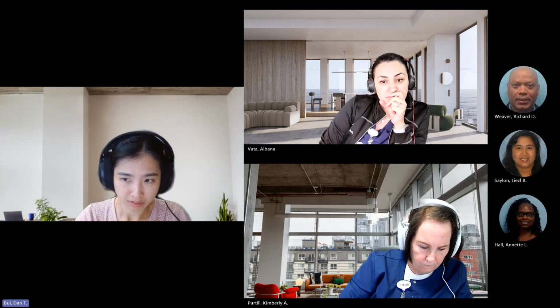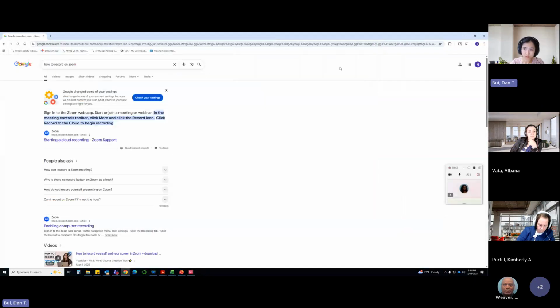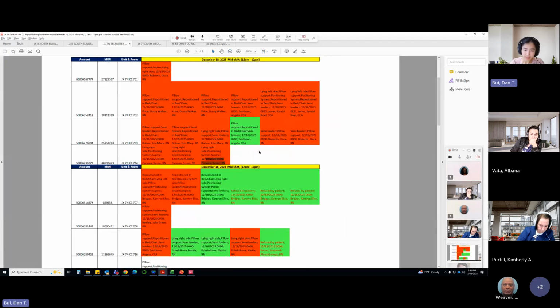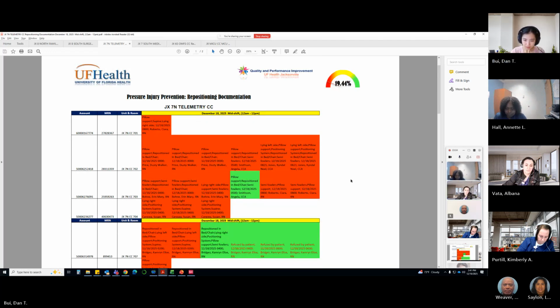Assuming everything is perfect, so there's no error, it worked the way it should work. I just want to go over the report so when it gets fixed, you get the idea of how to interpret it to the manager who asks you and to your own unit too if they have any question. So it's green versus red. Let's say in this block of patient, 6 boxes were shown, assuming that every 2 hours there's an entry of data. So that's one shift. There's one green out of the 6 entries, which is 1 out of 6.